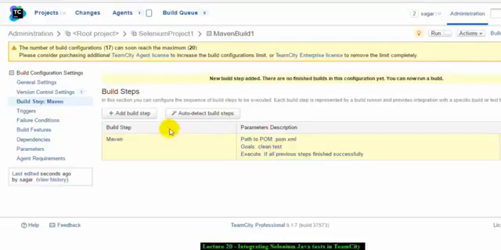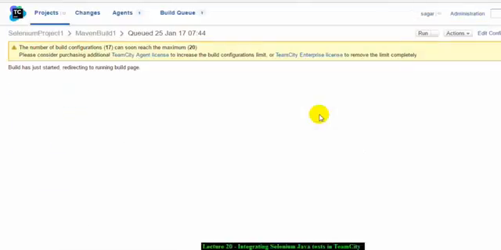All right, the build step is also given, and you can run the build by clicking on this button. So now what will happen is TeamCity will go ahead and execute the particular tests on the server. And you need to ensure that on the build agent you have got all the Selenium WebDriver setup. For example, you should have